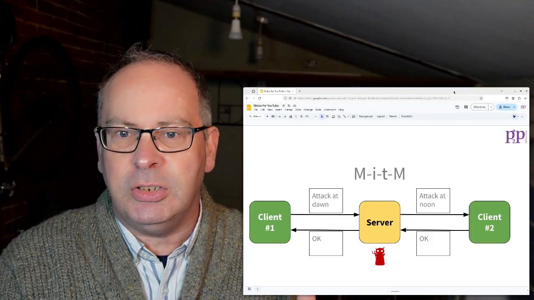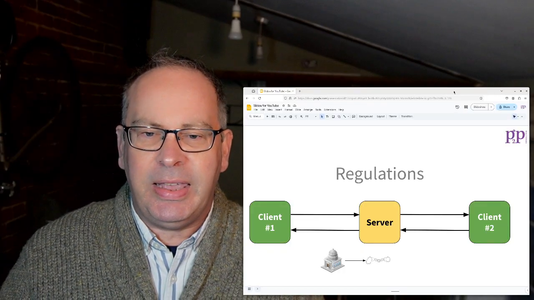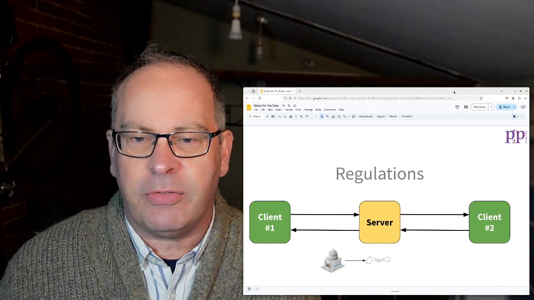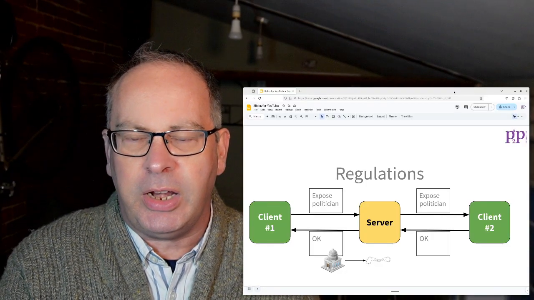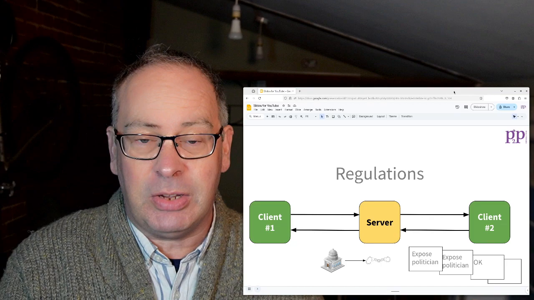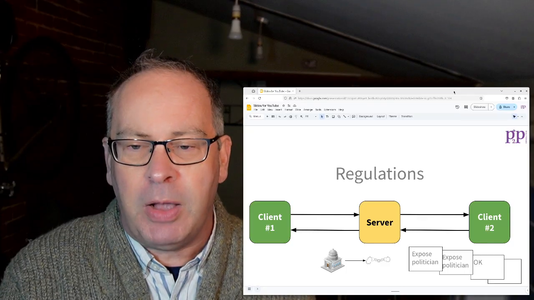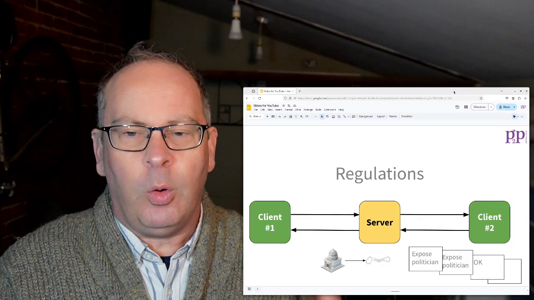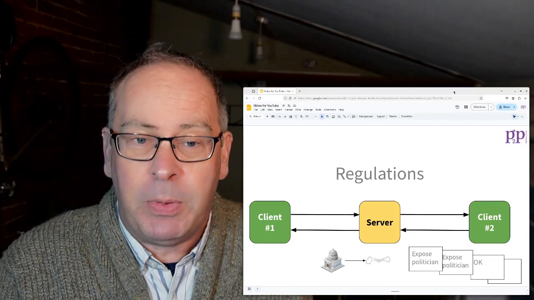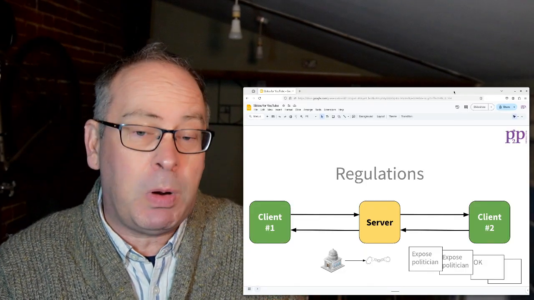So that's the first use case, which is pretty bad, but we have another one as well. So what if we have a government which is going to enforce regulations on the server and say, you know what, I need you to do things. I need you to take every message and record it and then send it to me. So maybe we wanted to be doing things like saying, expose the politician, and all of that information has been saved, and now those politicians, who may be bad people, have that information, and they can now do something about it, which probably they shouldn't be able to do.